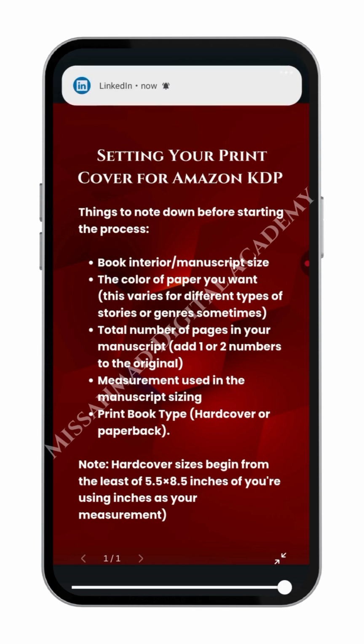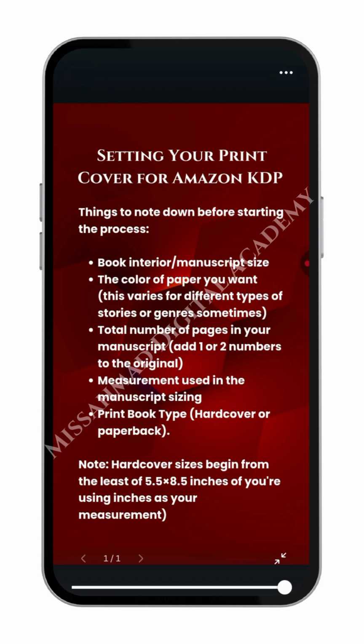If I miss anything in the process of generating the cover, you can see how it's done practically. So some of the things are book interior or manuscript size. After creating, setting up, and formatting, whatever you're done with, you need to note that down. That's why it's very important to add page numbers. After adding your page numbers, don't forget that there are some things, like a copyright page